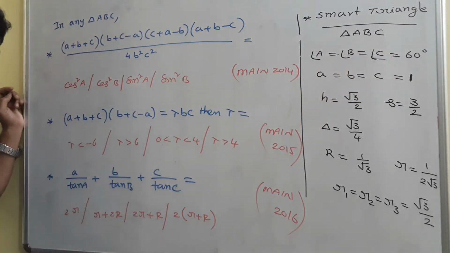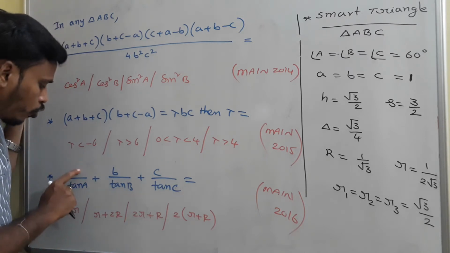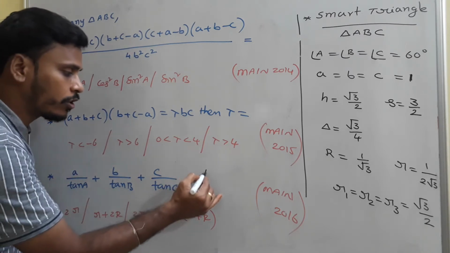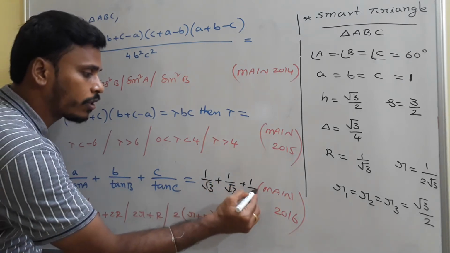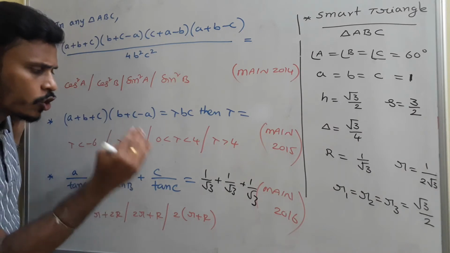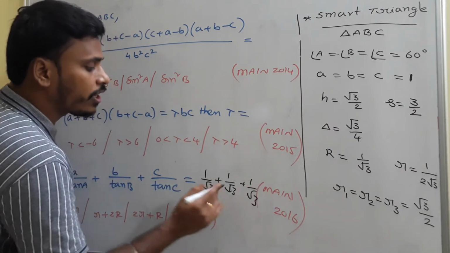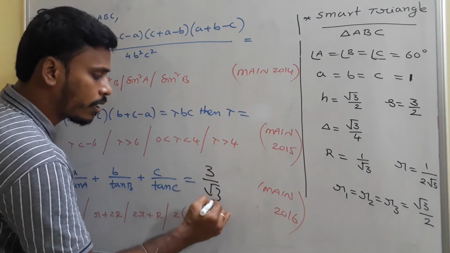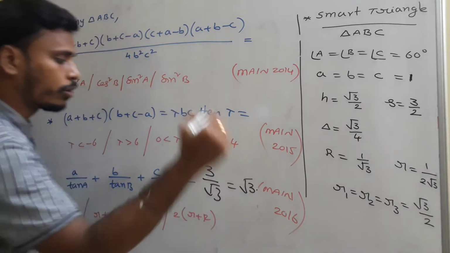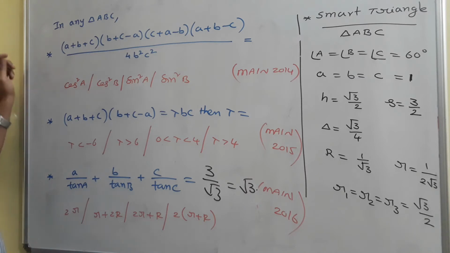So first of all, solve the last problem. A is 1 by tan 60 degrees. What is tan 60 degrees? It is root 3. So numerator is 1, denominator is root 3, 1 by root 3. So at the end for this problem, 1 by root 3 plus 1 by root 3 plus 1 by root 3, if you add, it will become just 3 by root 3. And 3 by root 3 is simply nothing but root 3. So now from the options we need to choose one which gives us root 3.